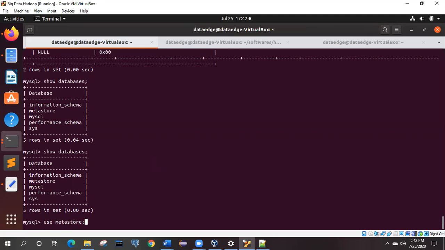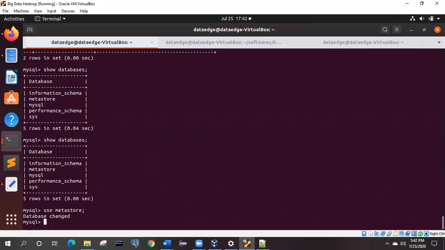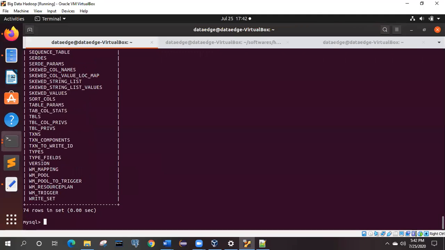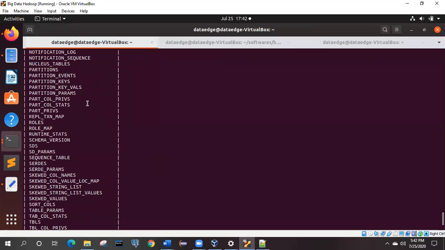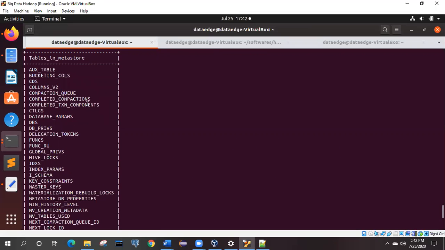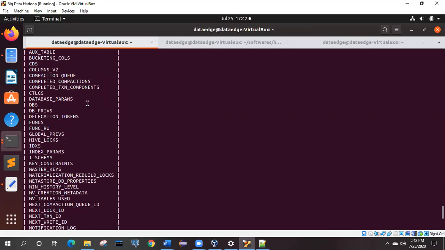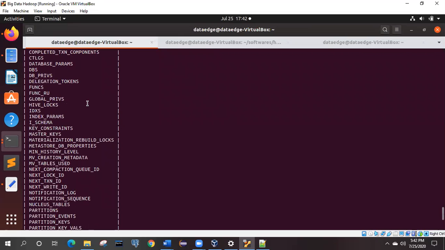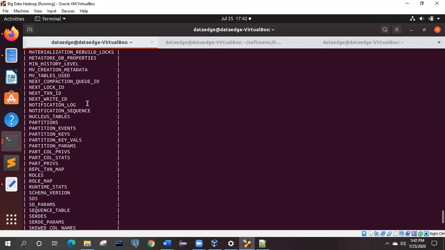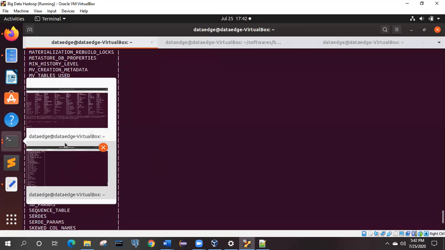You switch to that database. Here I will execute the command show tables, and it will list all the predefined tables related to MySQL in the particular Hive metastore.